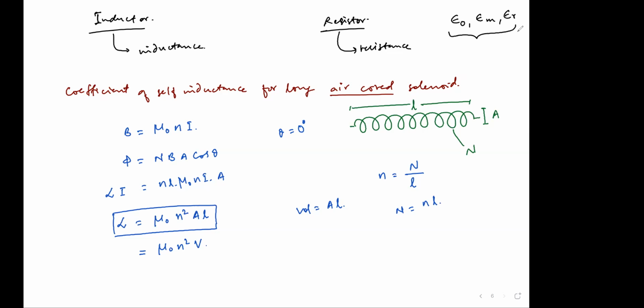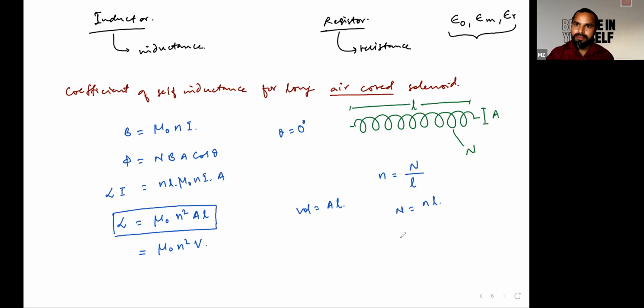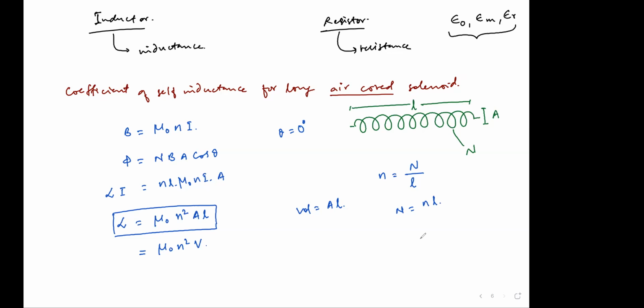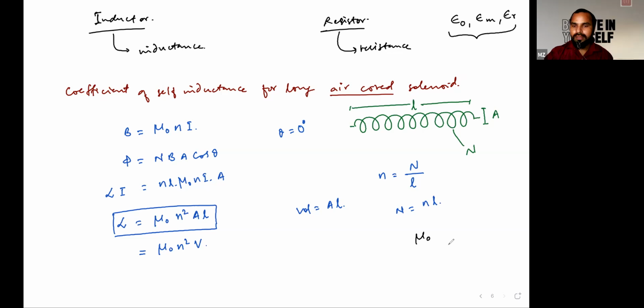Yes, sir. Similarly for magnetism, we define three different terms. One is mu naught, the permeability of vacuum; mu m, the permeability of any medium; and mu r, the relative permeability. So relative permeability is equal to the permeability of any medium divided by that of vacuum. So mu m is equal to mu relative times mu naught. This would be your formula.